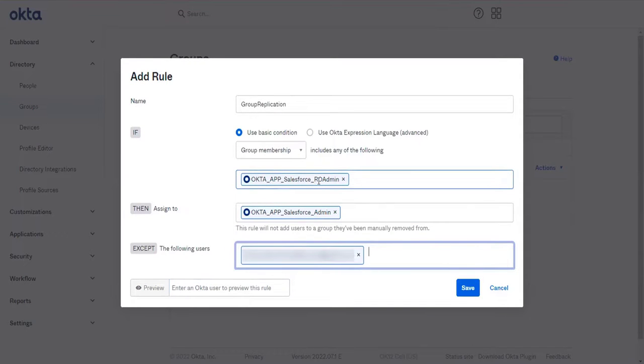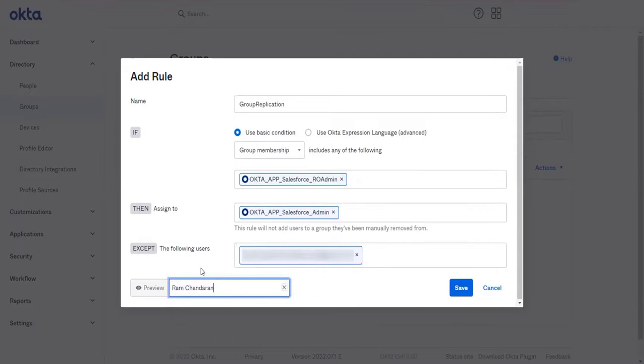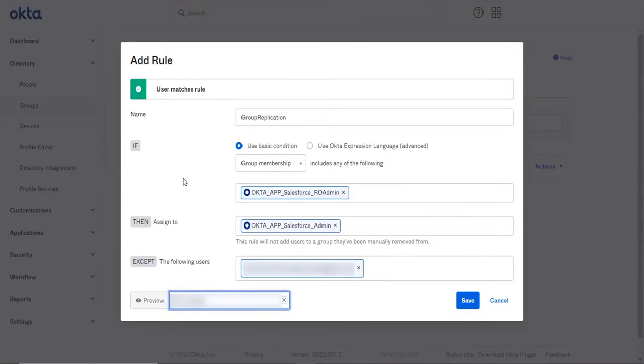Okay. In that I want to specifically exclude a user. In that read-only admin you are part of. Okay. But in the Salesforce admin you should be excluded. Okay. So you can add like this, and even you can verify this. Like, I have created a new account. Right. So this matches the rule, okay. And if I search with your name, it should say it doesn't match because you are part of the exception. Okay. It matches, but we are excluding that. Okay. Your name will not be added, for sure.